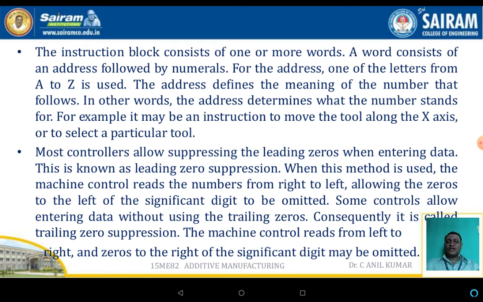The instruction blocks consist of one or more words. The words consist of an address followed by numericals. For the addresses, one letter from A to Z is used. The address defines the meaning of the number that follows. In other words,